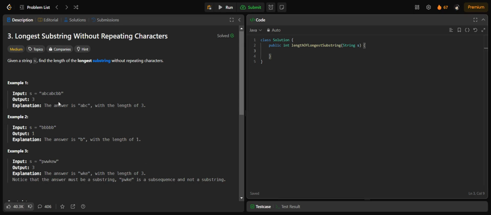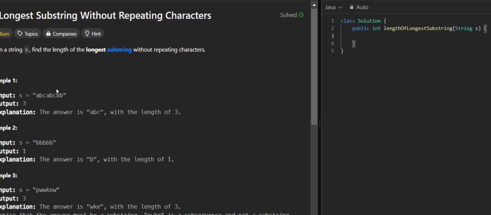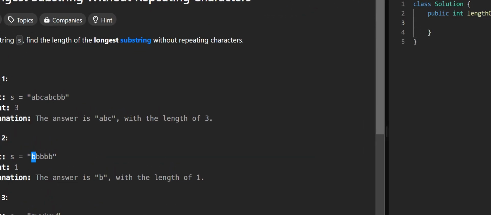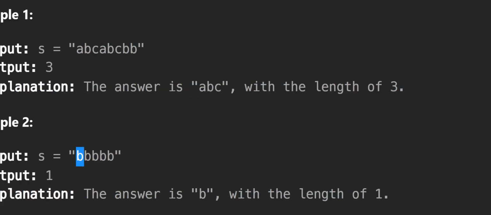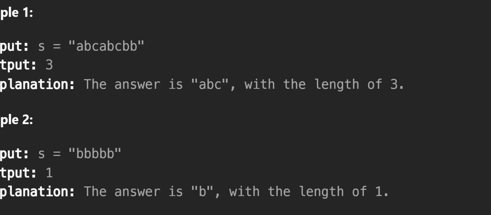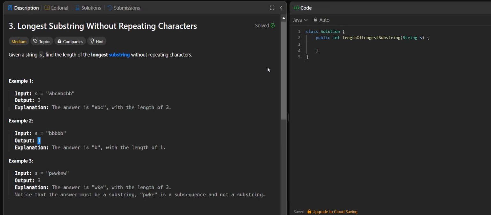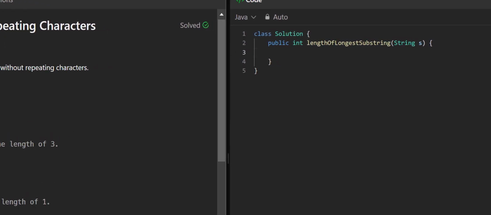In the two-pointer approach, we take two pointers. One pointer is at the first element, the second pointer will be next to that element, and we'll check if the elements are the same, if the elements are being repeated. For example, if our left pointer is at b and our right pointer is at b, then the left pointer will be equal to the right pointer because b is b, right? So we'll only have the largest non-repeating substring as b, which is 1. So let's just get started with the code.